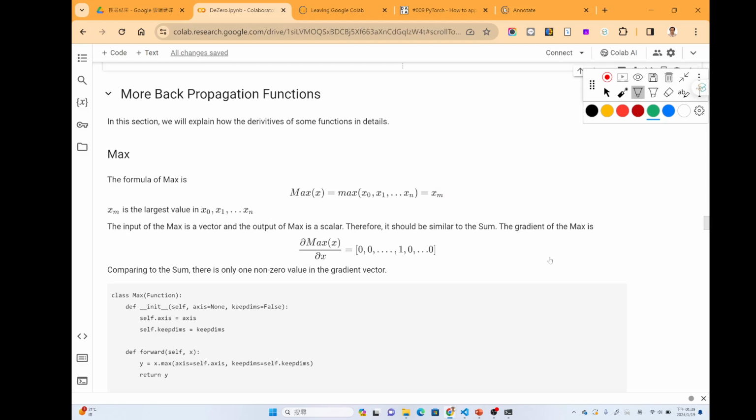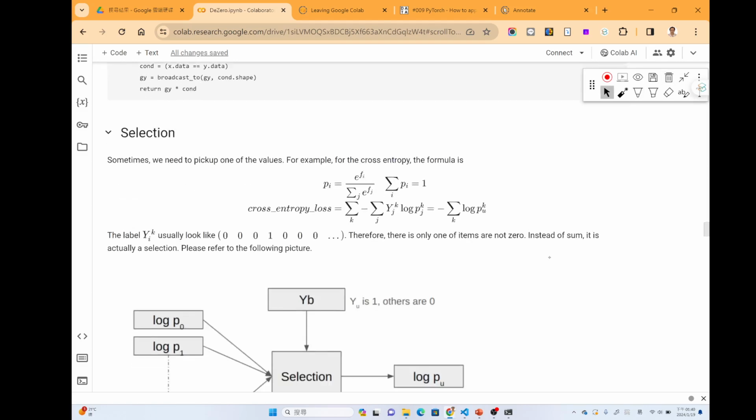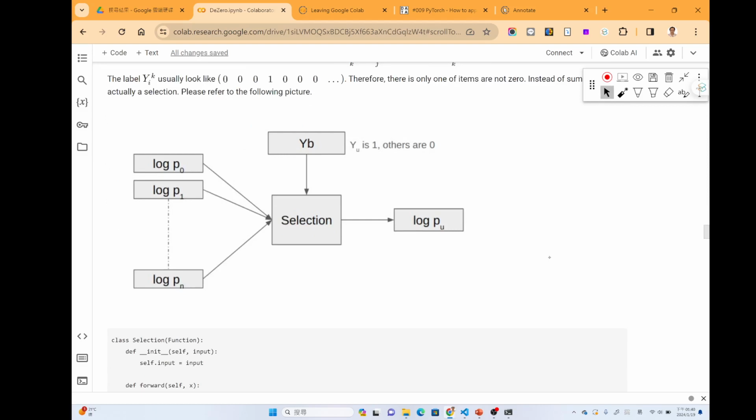For the selection, it's the same. We pick out one of the items as its output value, but this time we don't use the maximum value; we use the item whose label is 1 as its selection.